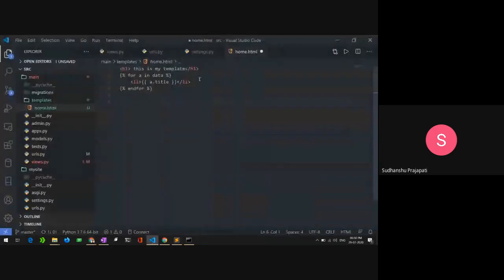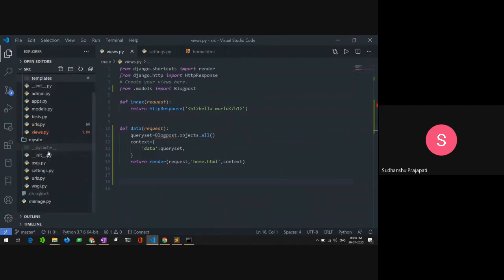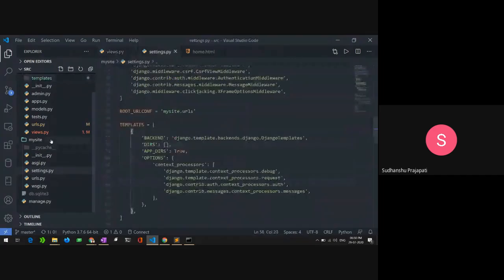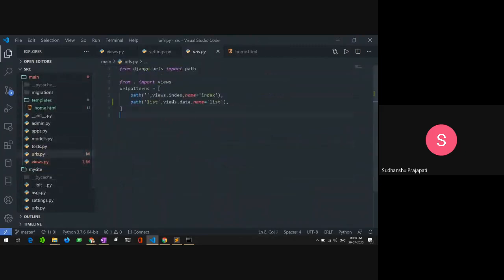So we have now a working template and we are passing our data to the template using the context here. And now what we can do is give it as a home URL.